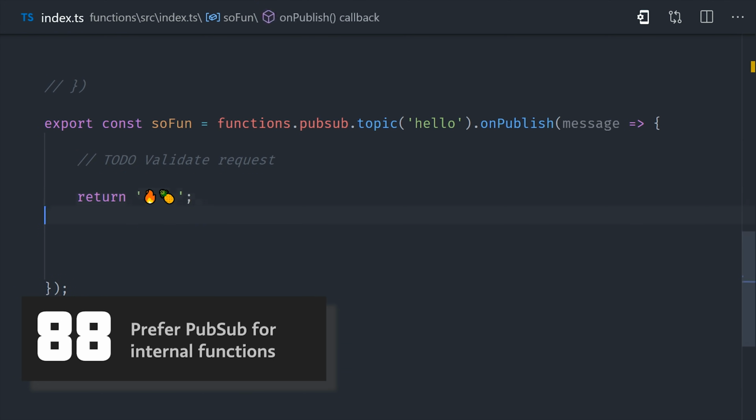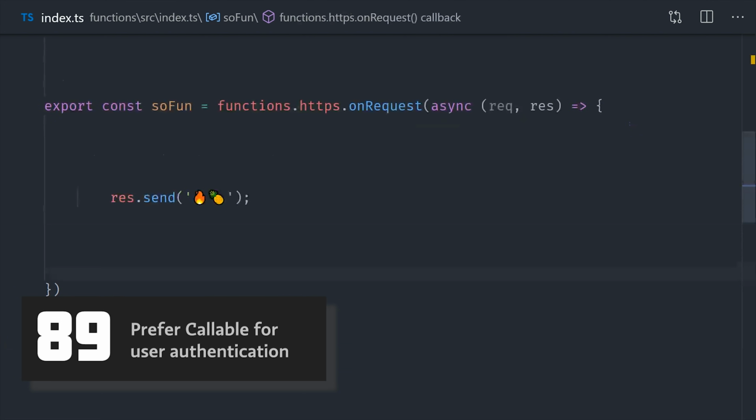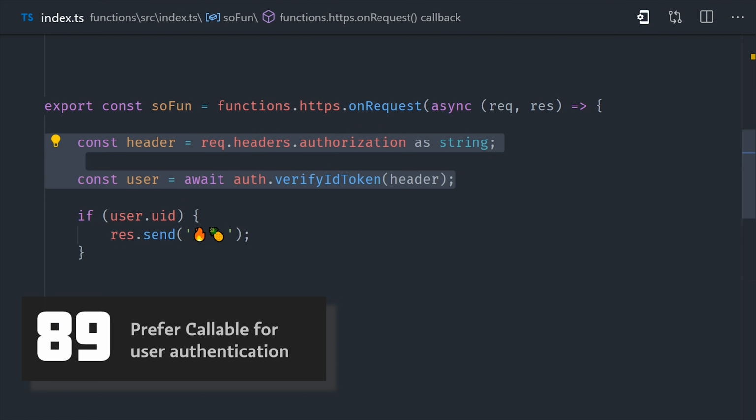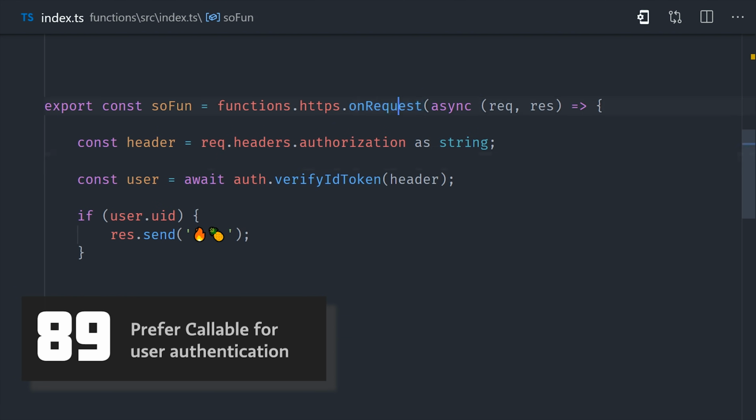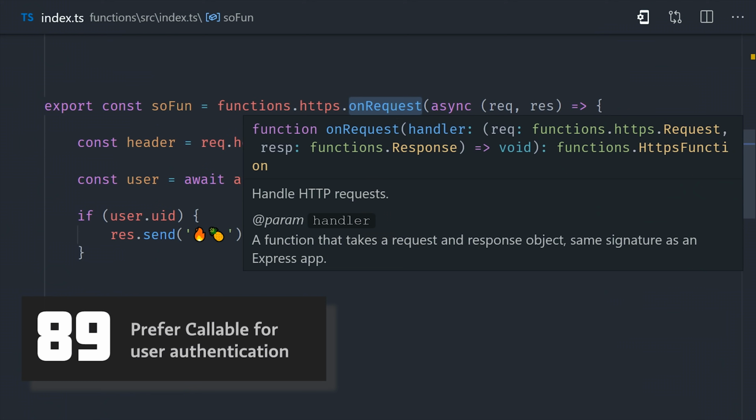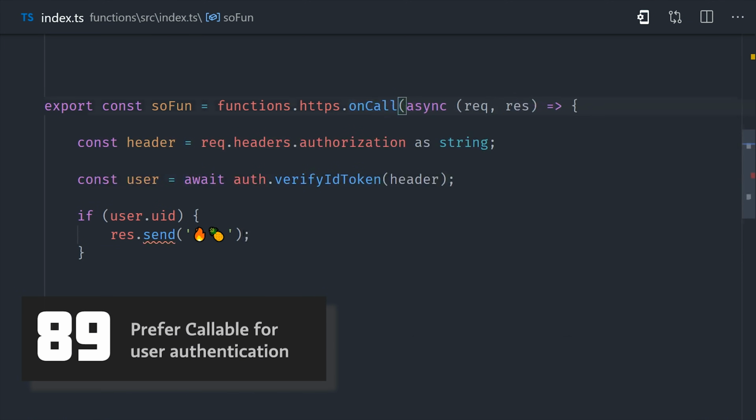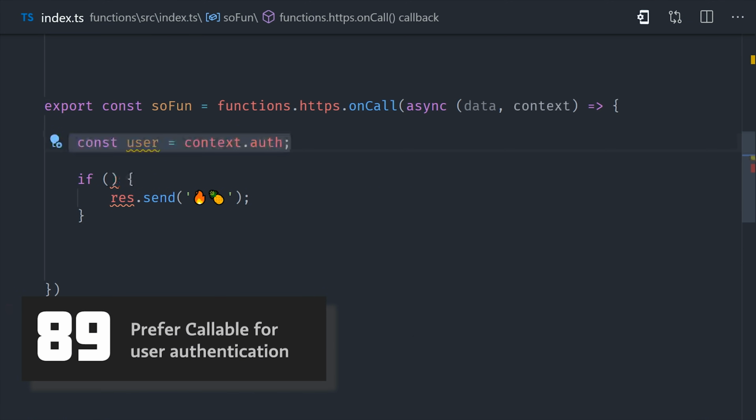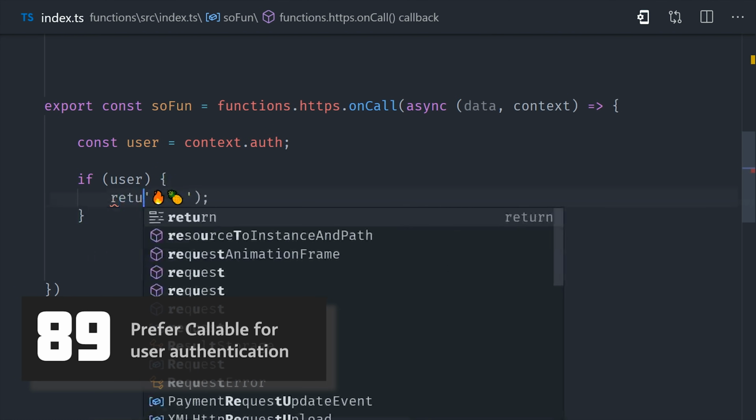It allows you to pass messages between your internal services, and that's easier and more secure than exposing an HTTP endpoint. You might also have endpoints that should only be accessed by authenticated users. In a regular HTTP function, you would need to extract the authorization header that you set in your front-end code and then verify the ID token. As an alternative, you can simplify both your back-end and front-end code by using callable functions. It includes the auth context for the user, so you don't have to implement your own middleware to authenticate your